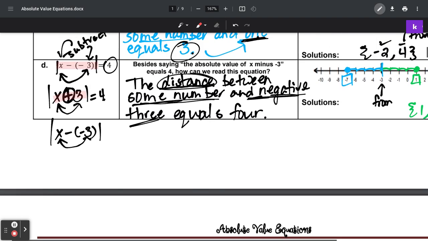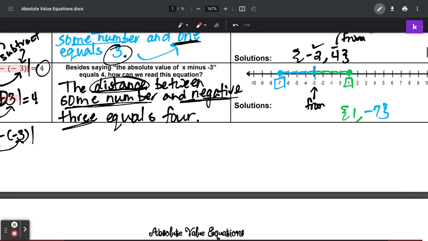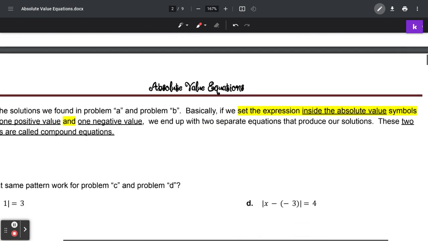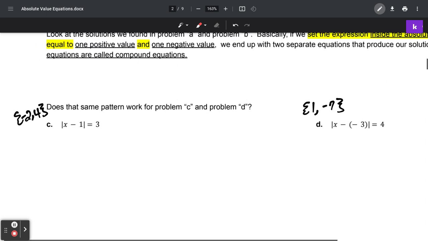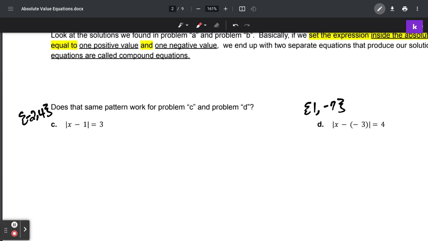And the answers for D, they were 1 and -7. So let's write that over here. All right, so what I want to do is figure out mathematically how can I find these answers using just